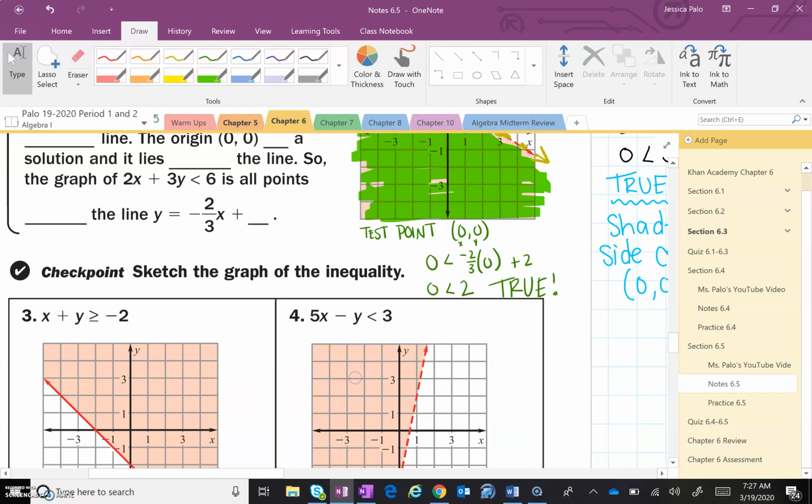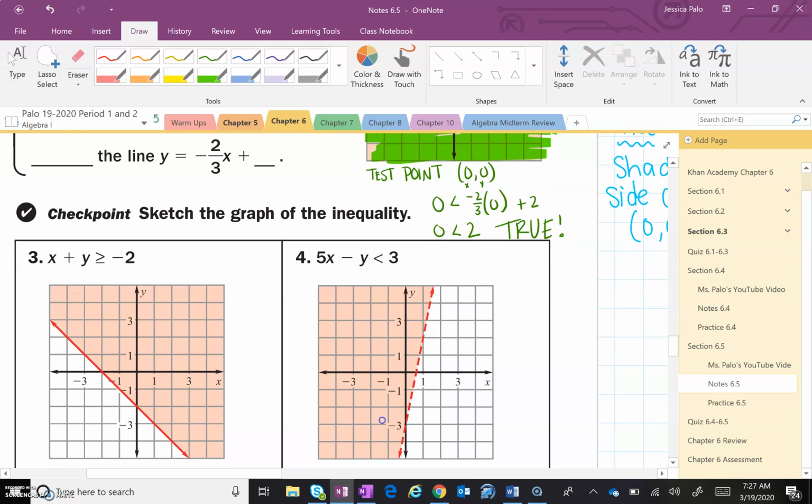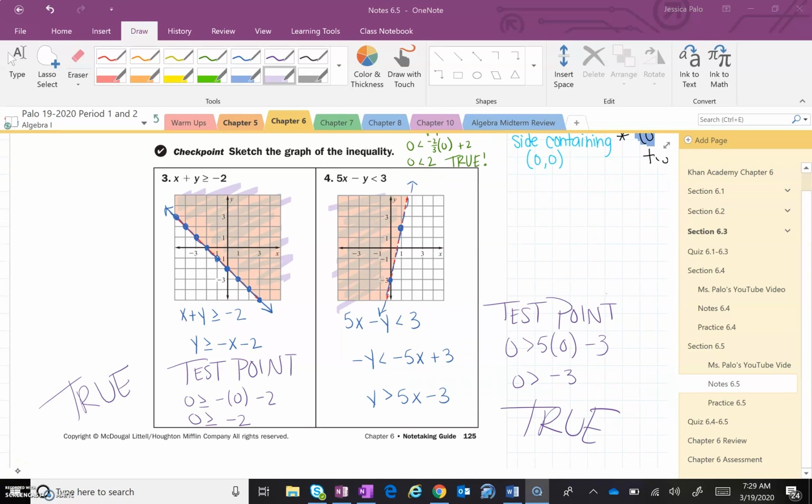Here you have some checkpoint problems. Just make sure that you are able to turn these into slope-intercept form and graph in slope-intercept form. So pause and come back when you're finished. All right, here are your solutions. Now, I know that you are probably able to do number 3 with no problems. You found out that the test point was true and you were able to shade. Now for number 4, something I want to point out. You had to divide by a negative 1. Your rules of linear